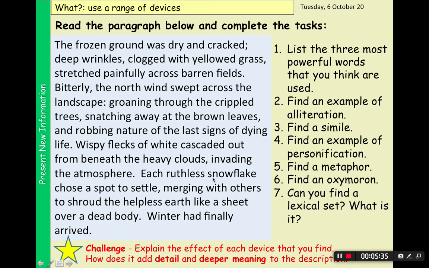So down here, I found a lot of S sounds, a lot of words beginning with an S. They're not immediately next to each other, but they're definitely placed close together in this sentence. Alliteration that uses S's can also be called sibilance. And the effect of this, it definitely draws your attention to those words. It also creates this kind of eerie, whispering S sound if you read it out loud, which almost makes the